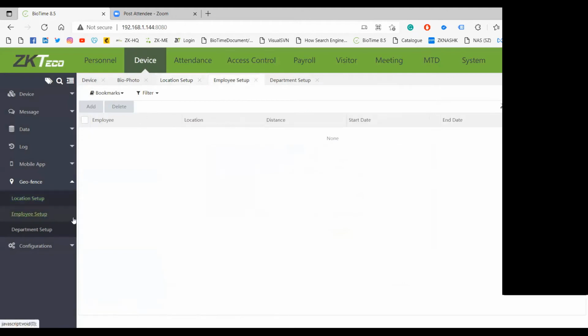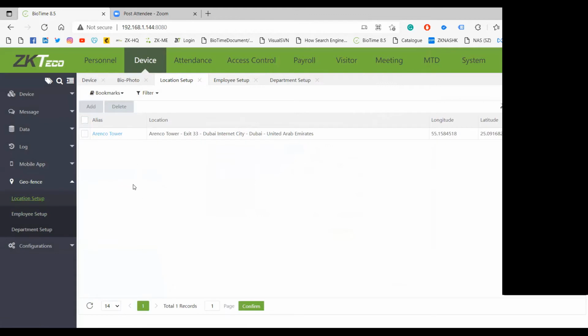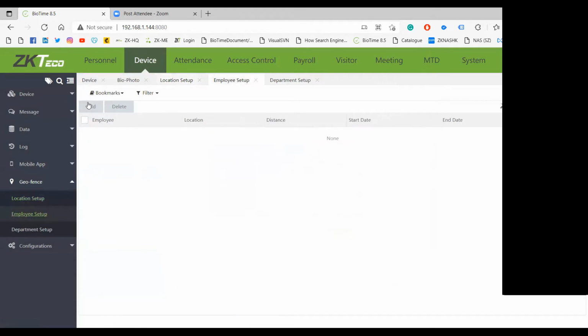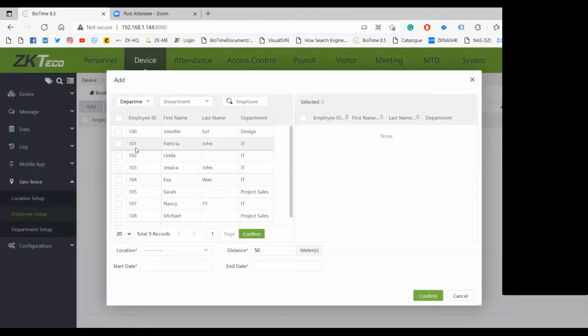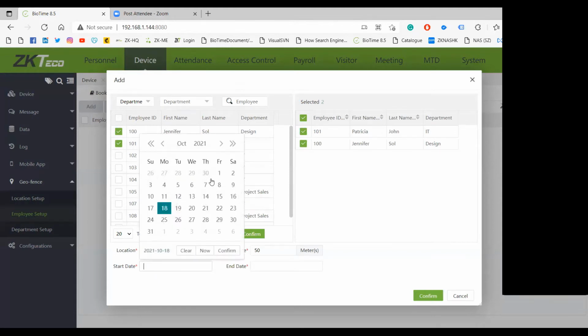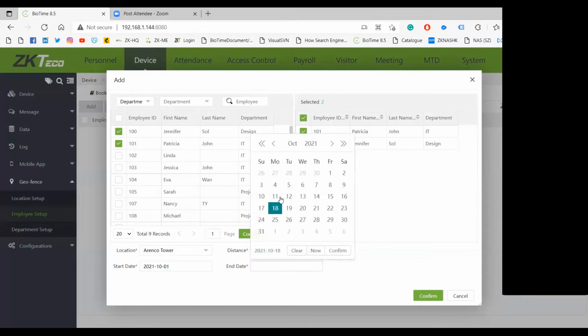Likewise, we first add all the locations, and then we go to employee setup and add employees to different locations. Any single employee can be added to multiple locations, and here you can define the start date and end date.